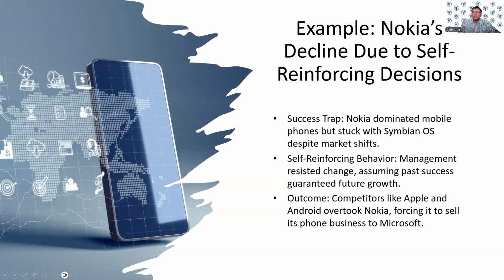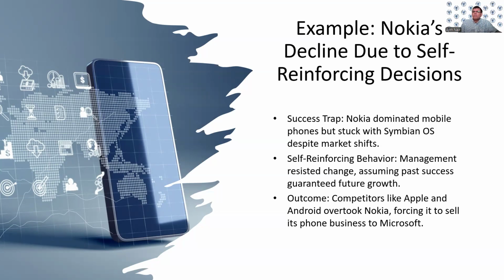Now let's take a look at Nokia's decline because of the negative effect of self-reinforcing decisions. Nokia, as we all know, dominated the mobile phone industry as late as the early 2000s. And even though smartphones were coming into the marketplace, Nokia was still stuck with their Symbian operating system, believing that their market position was secure. This decision, I believe, was driven by a psychological commitment because of the previous success. Apple's iPhone was introduced in 2007, and Android devices were gaining traction, but it was too late for Nokia